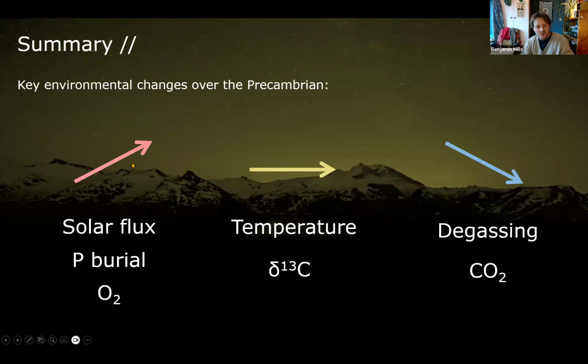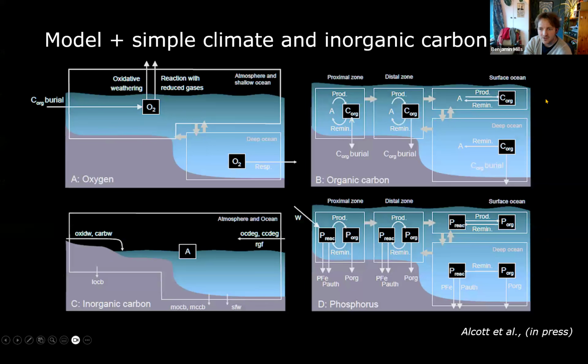So in terms of these ups, downs, and stable things, that model ignored all of these things. There was no solar flux, there was no surface temperature, there was no thinking about delta 13C or isotopes, there was no CO2. All there was was degassing of hydrogen, phosphorus burial, and oxygen. So what we've been working on the last few years following that paper is to try and add more things into it,